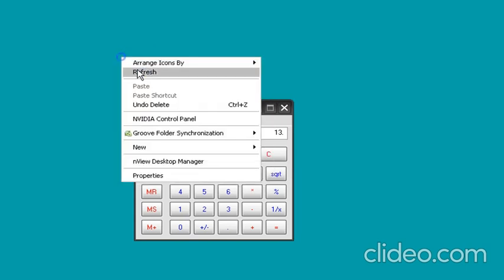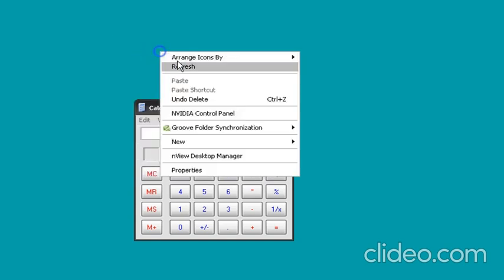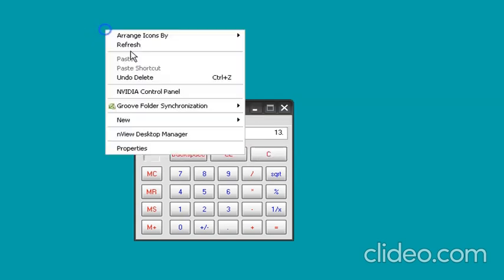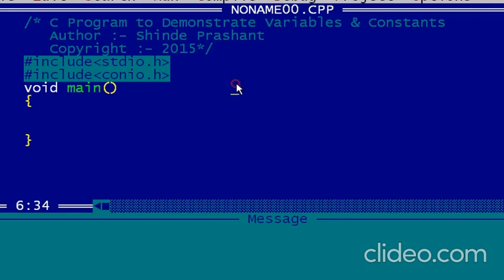Whenever you type in a password inside Facebook, where does that password actually go? That password is held by a variable until you hit the login key, and then those values are passed to the server to check the password. In this manner the variables are used. And what is a constant? A constant is a value which cannot be changed during the program execution. Let's see the example practically.